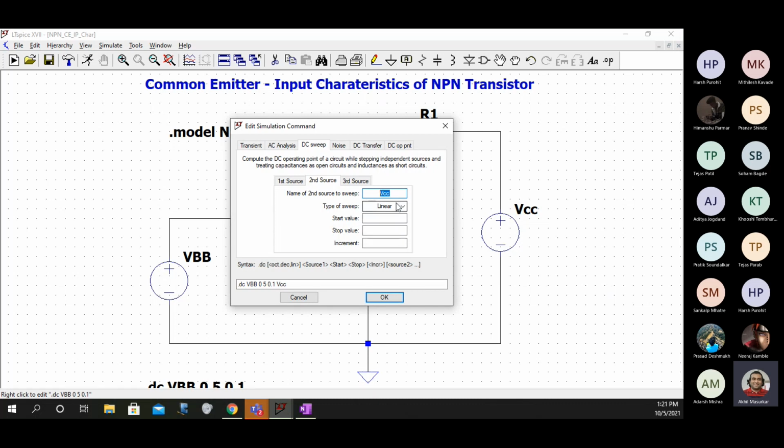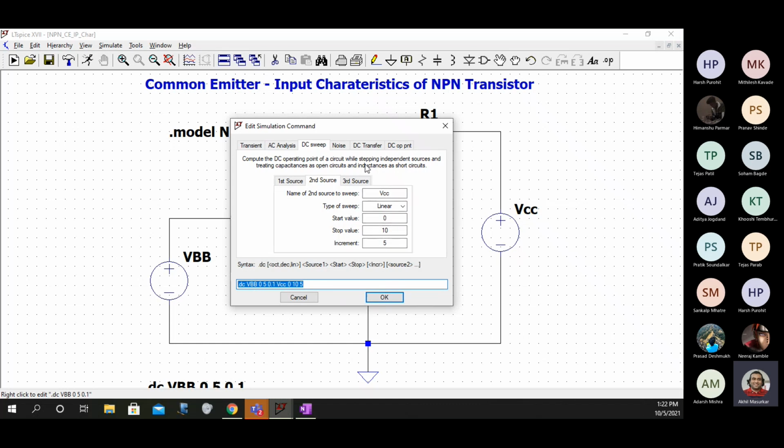Then the start value. We can change this VCC from, and we want to see only two values or two graphs for different values of VBB. So I'll write here 5. So you can see a statement starts building up here. When you are giving values here, you actually don't have to write this .dc VBB and all.